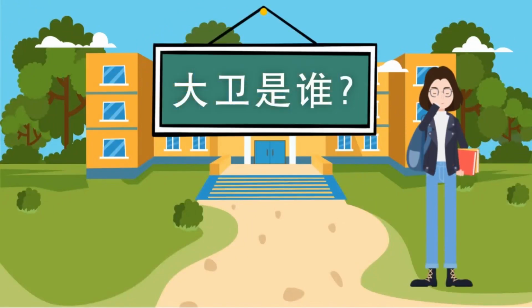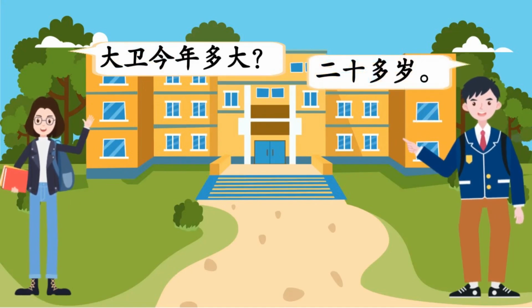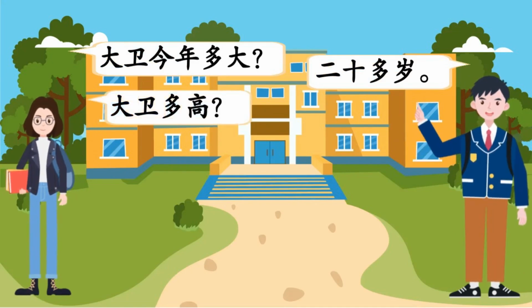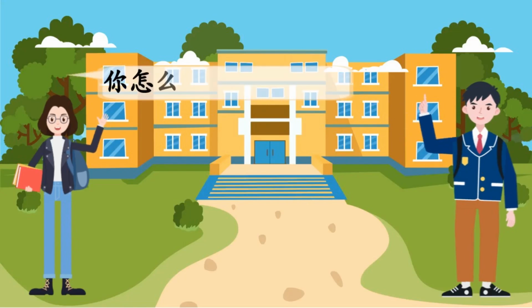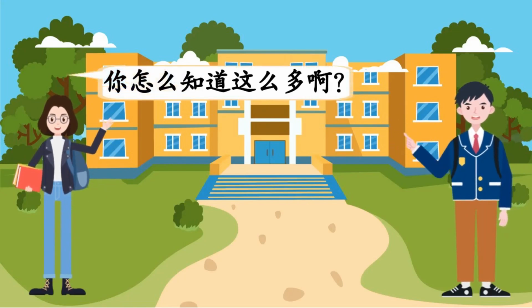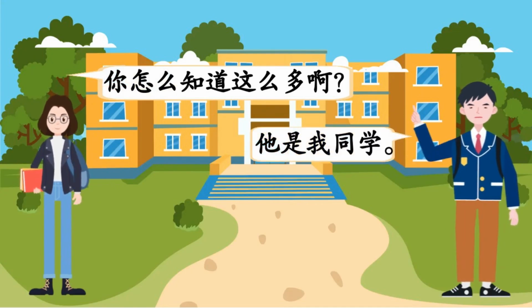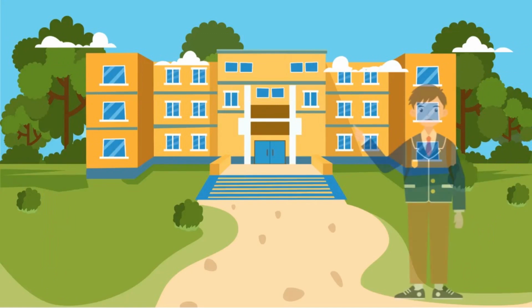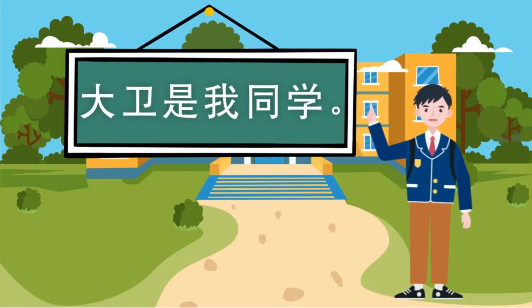谁？一起来看看吧。大卫今年多大？20多岁。大卫多高？1.8米。你怎么知道这么多啊？他是我同学。大卫是谁？大卫是我同学。